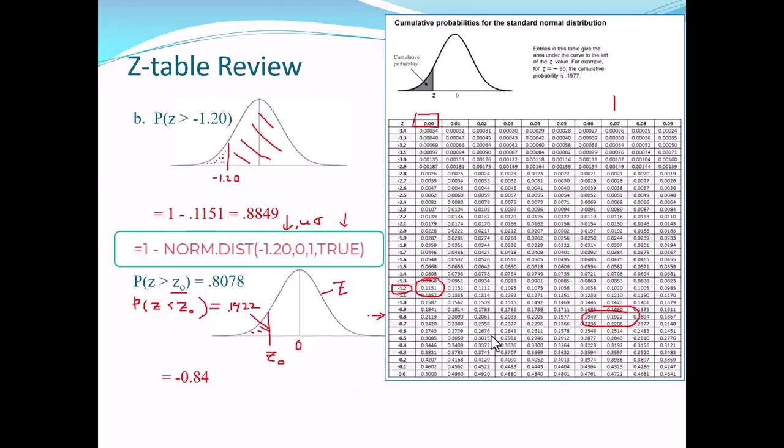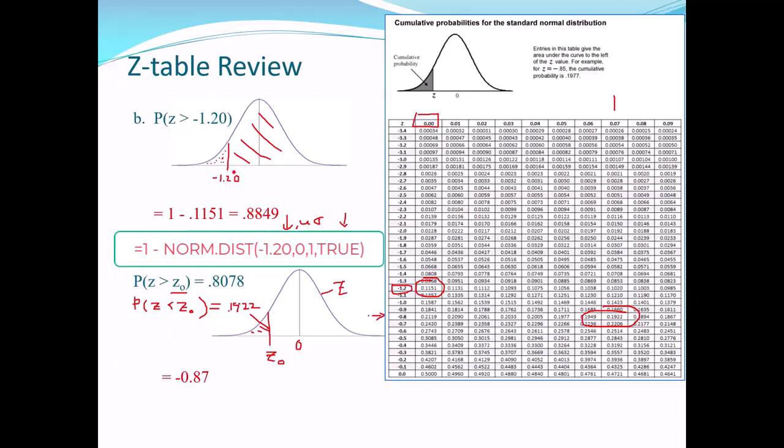It should be a negative 0.87. Okay, that's not good. It should be a negative 0.87. And through the magic of a little editing and some PowerPoint changes, you can see that's exactly what you get, negative 0.87. So to solve probability problems, you look up the z-score and you find the corresponding probability, and then